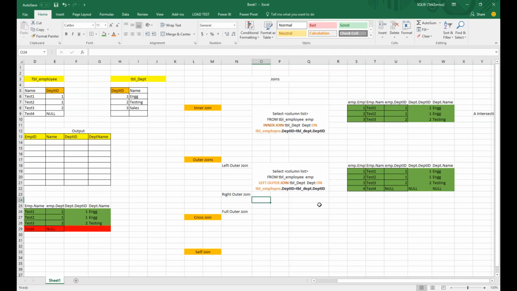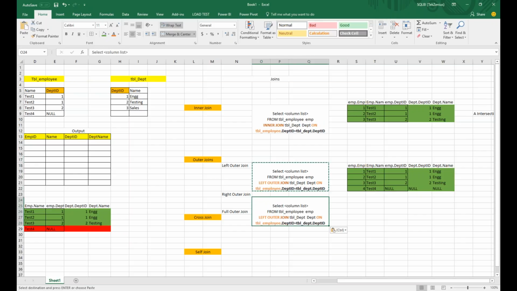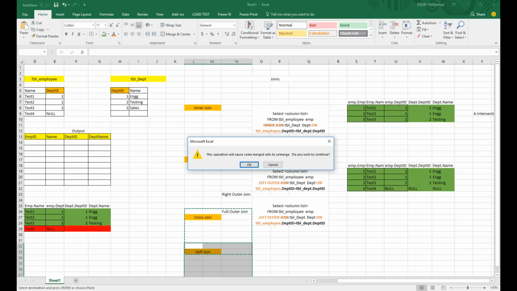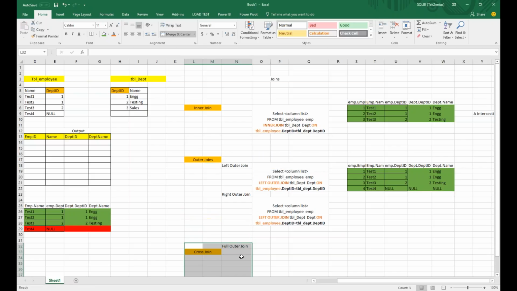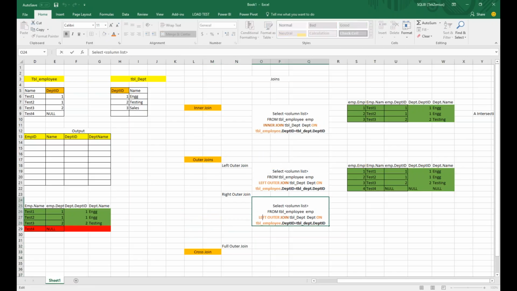Otherwise, it won't. So in this scenario, if I use the right outer join,